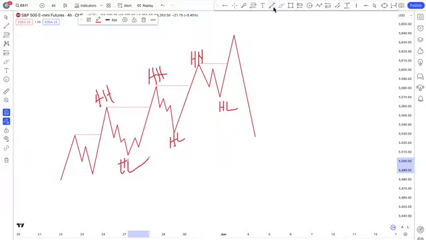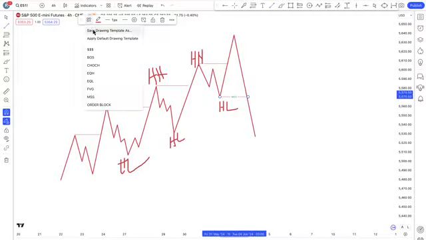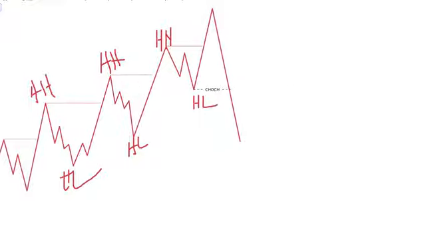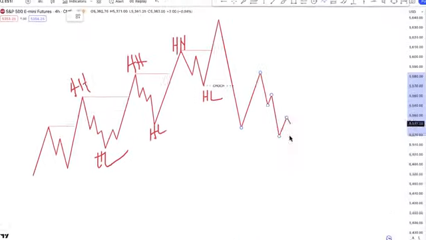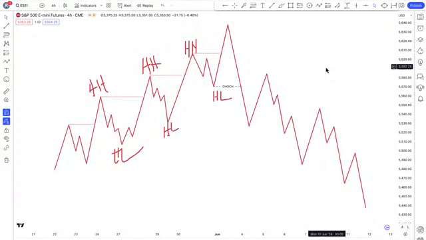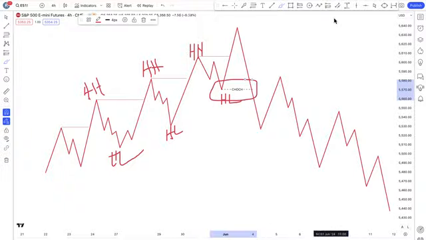But if we end up seeing something like this, boom, we call it a shift in market structure or a change of character. They are the same thing, guys. So this is the only basis on which we will change our bias from an uptrend to a downtrend. So why am I showing you this? It is simply because this is very important to what I'm about to show you.